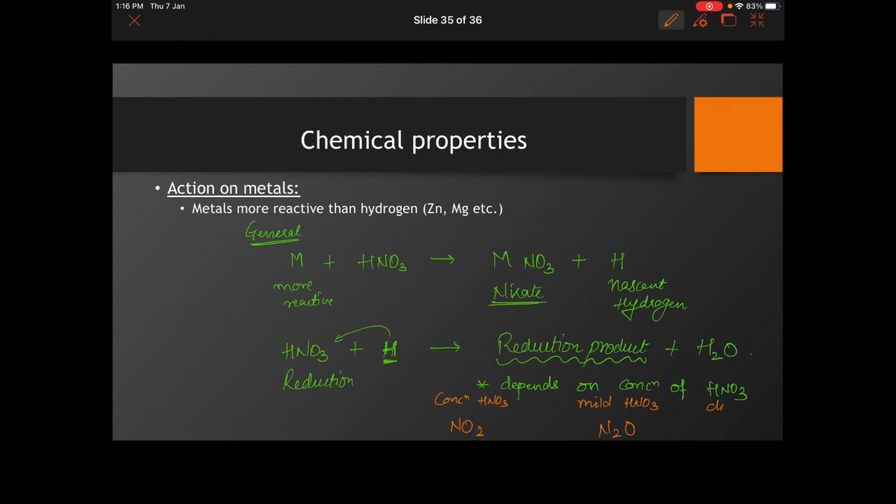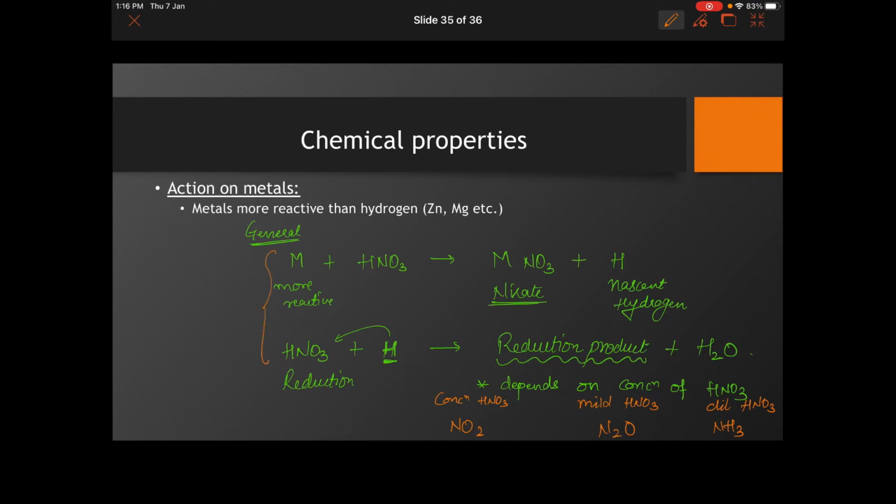And if we use dilute HNO3, what you are going to observe is that this reduction product is going to be ammonia. HNO3 is going to react with nascent hydrogen, and it is going to release ammonia over here, NH3. This NH3 further reacts with HNO3 and forms ammonium nitrate. So what I'll do is, I'll take metals more reactive than hydrogen such as zinc, which is again the only reaction given in NCERT, but that has been given so badly that you will not be able to remember those reactions. No need to remember, just try and understand.